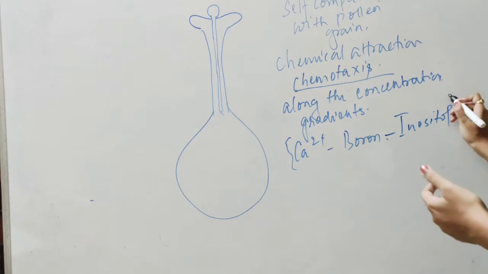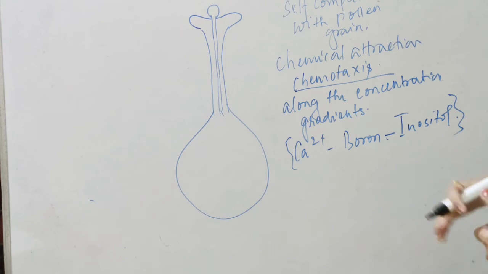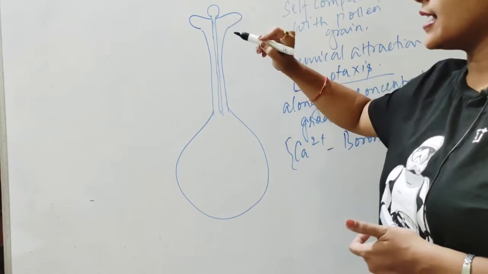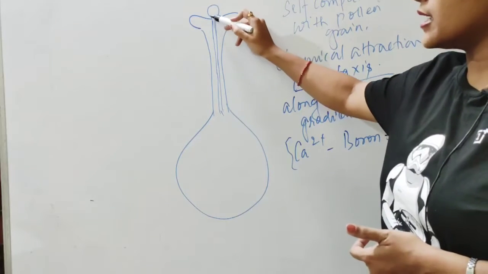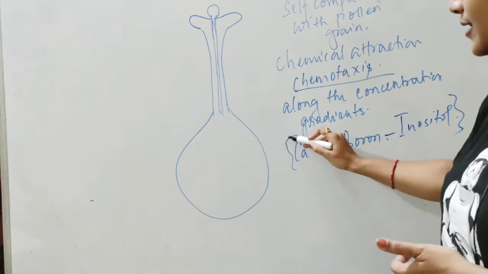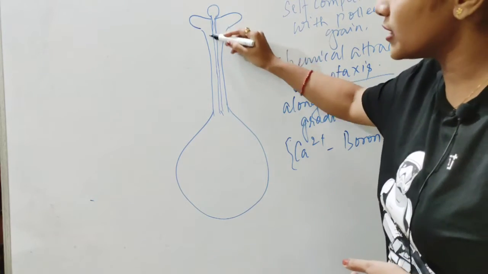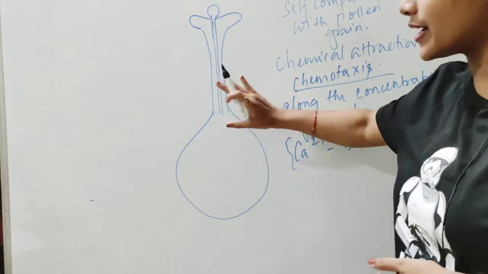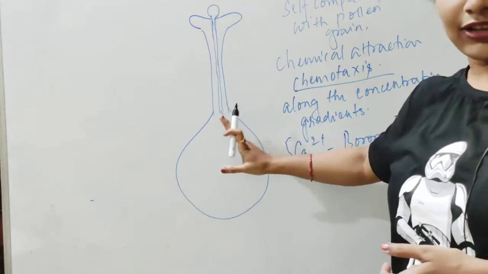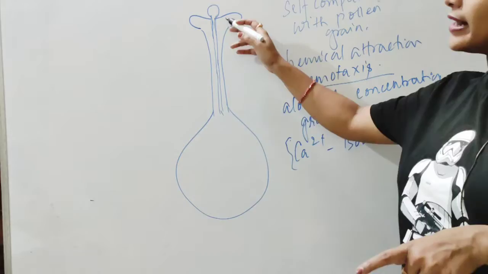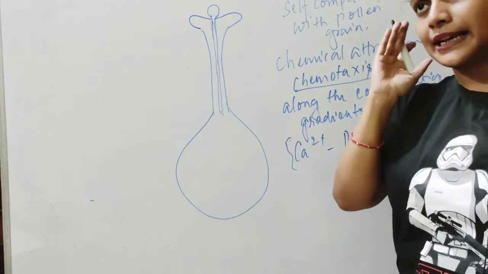So these are the three parameters that are generally seen in the case of chemotaxis, by virtue of which it secretes certain enzymes. Simultaneously, because of attraction towards the gradient created by the concentration of these substances, the pollen tube starts elongating itself along the entire length of the style. Now, depending upon the length of the style, the pollen tube has to go that great distance.